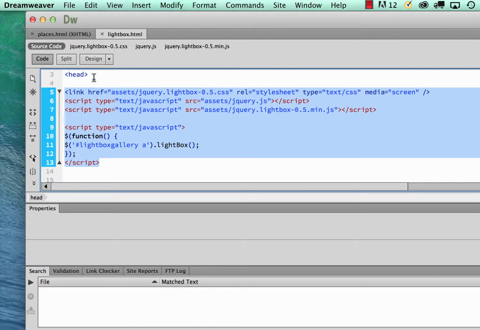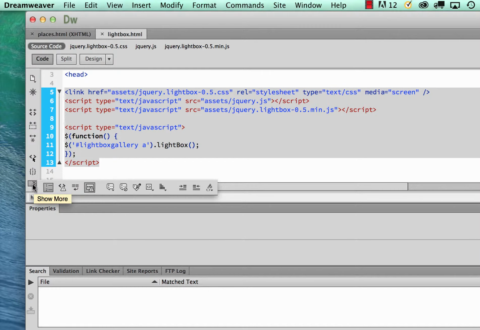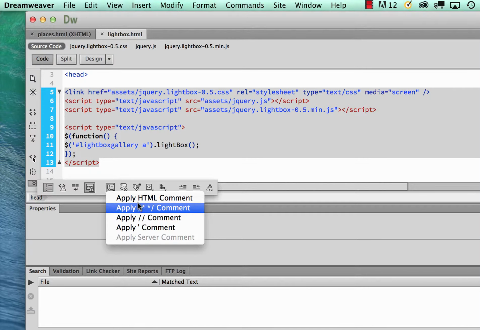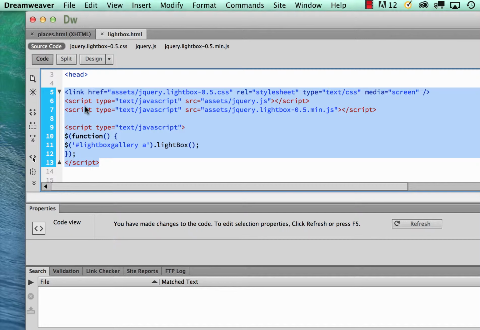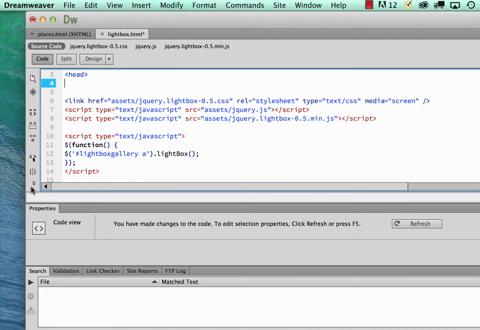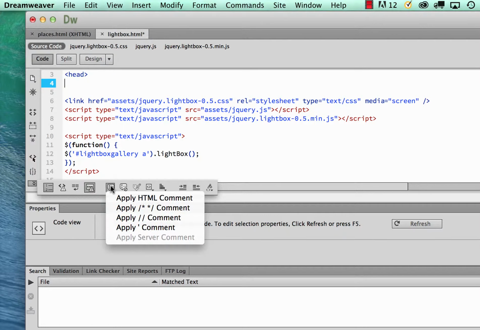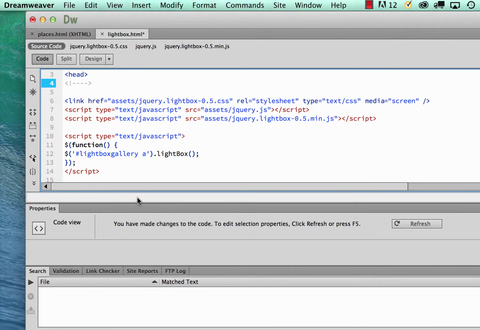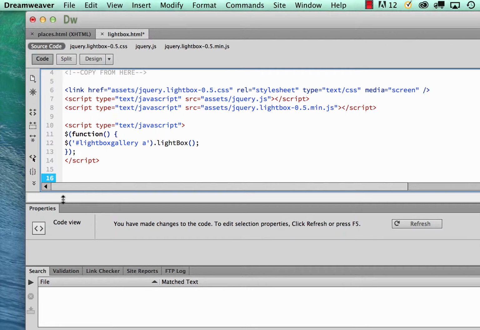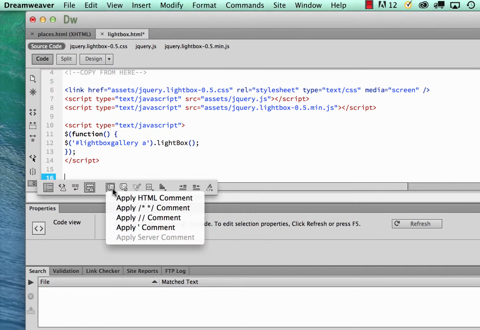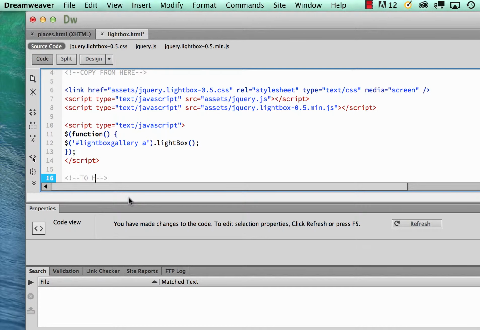you know exactly what area to what area you're going to copy from. So I'm going to make this comment here for you guys so you can see exactly from where to where you need to copy it. If I click here on the comments, apply comments. So it's going to be copy from here, and I'm going to go here, to here. So basically now it's easier. I'll copy from here to here,